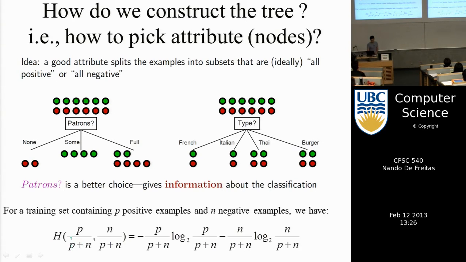Suppose the total number of points is the number of positive plus the number of negative, and there are this many positive and this many negative. The entropy of this binary decision of being positive or negative is the probability of positive